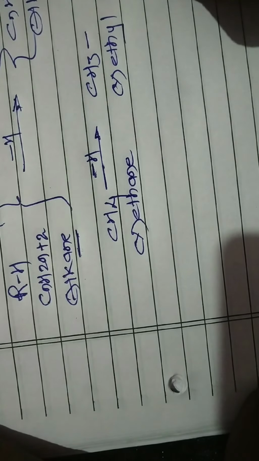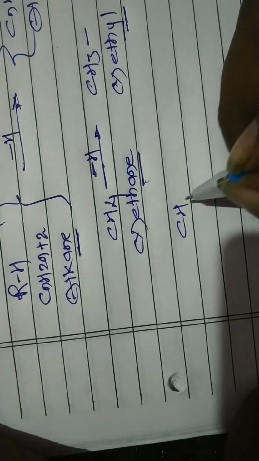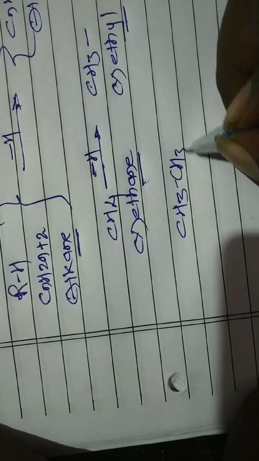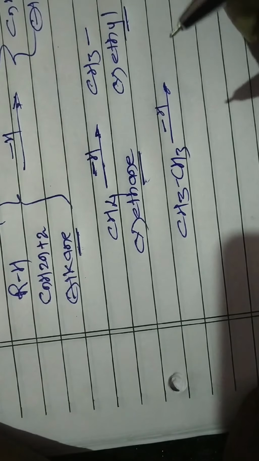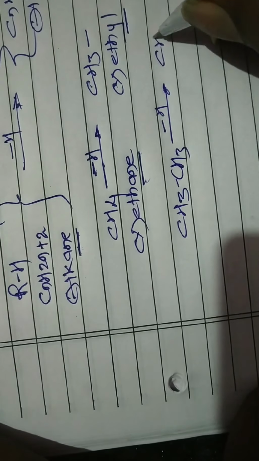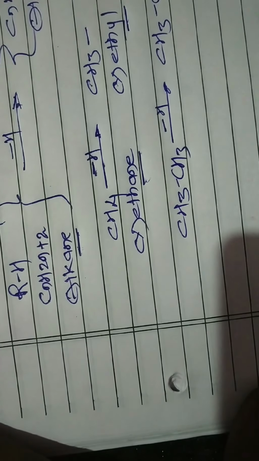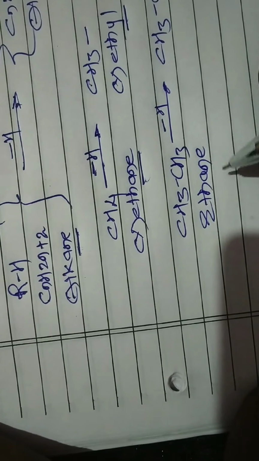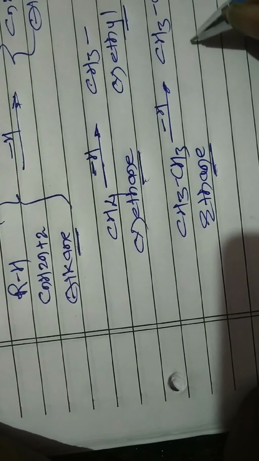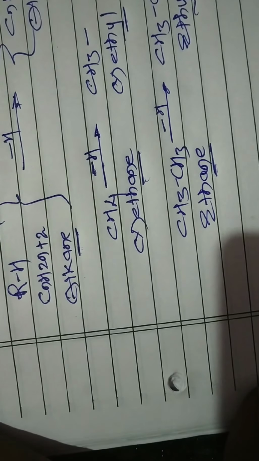Here also the ANE from alkane is replaced by Yl. Similarly, in the case of ethane, if a hydrogen atom is removed, we get the CH3CH2 group. By removal of hydrogen the ANE is replaced by Yl, so the ethyl group is